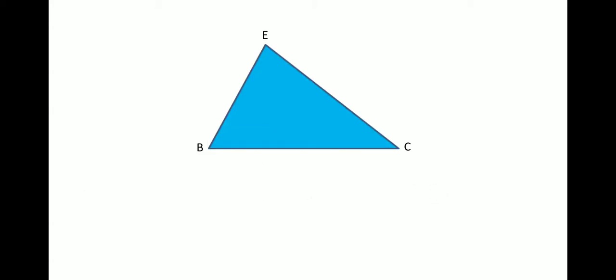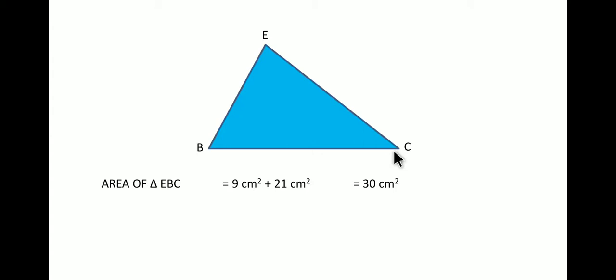Now in that case, the same triangle whose area you have to find can be obtained as 9 centimeter squared plus 21 centimeter squared, and when you add, the total will be equal to 30 centimeter squared. So this is how the area of triangle EBC is obtained. But this is quite a lengthy process, so this lengthy process has to be shortened and an easy method has to be obtained.